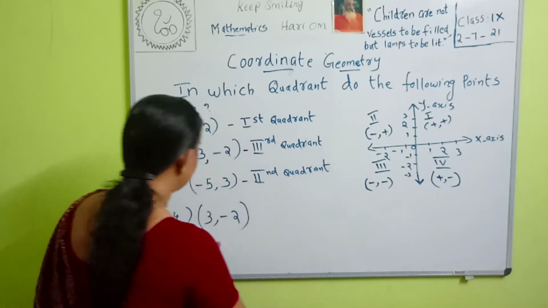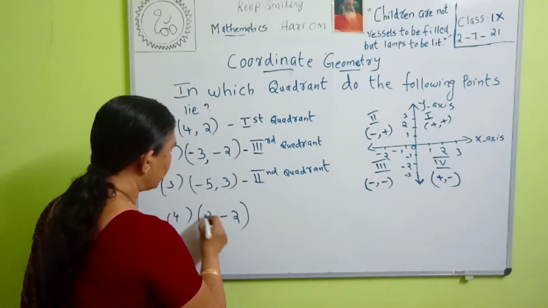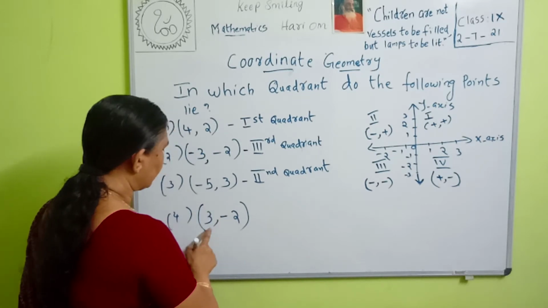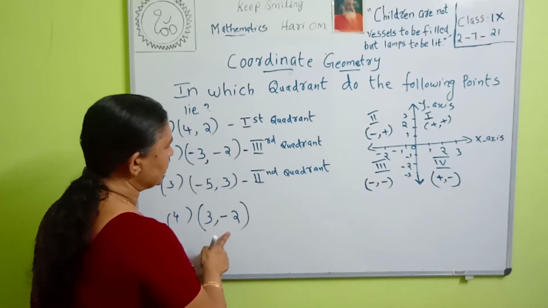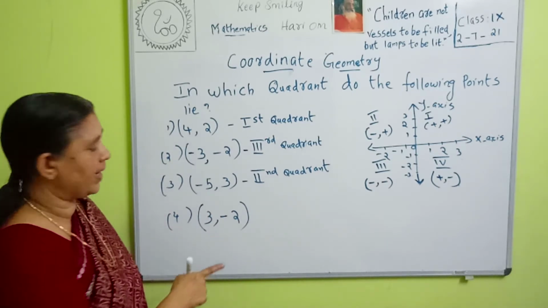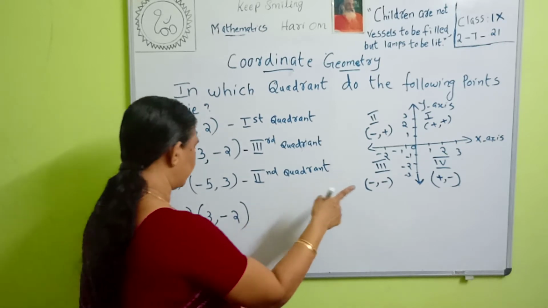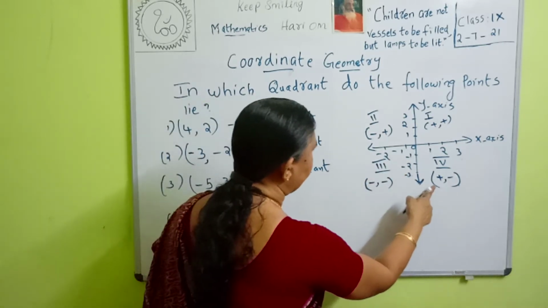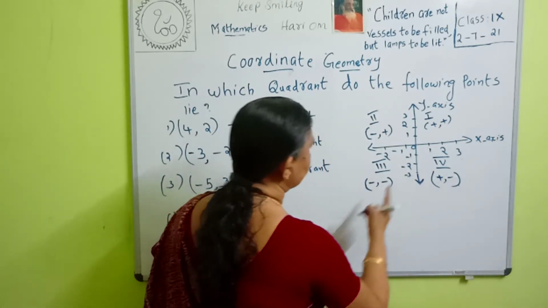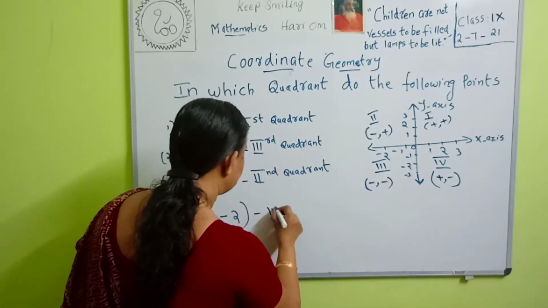Then the fourth one, (3, -2). Here the x coordinate is positive and y coordinate is negative. In which quadrant does it lie? So you look here, x coordinate is positive and y coordinate is negative. So it lies in the fourth quadrant. So here we write fourth